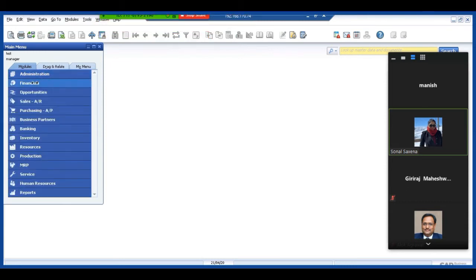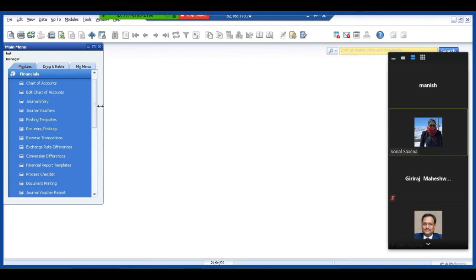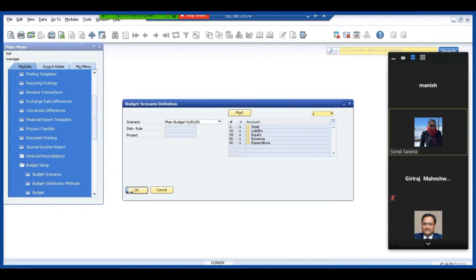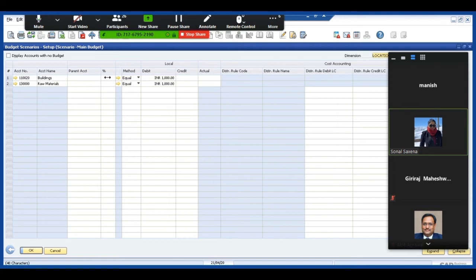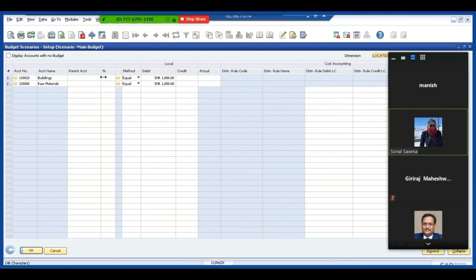If I go with my finance budget, there is an option to define my percentage, but that percentage will have to be defined manually. System would not automatically calculate the percentage based on my sales. A value would have to be put in it manually.